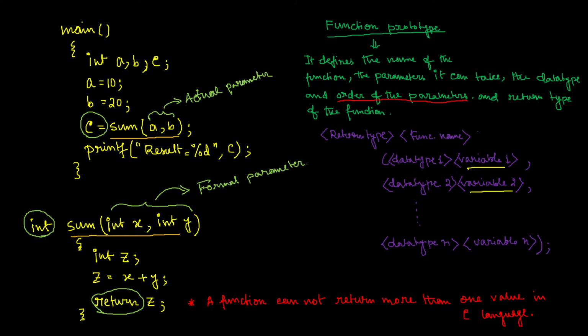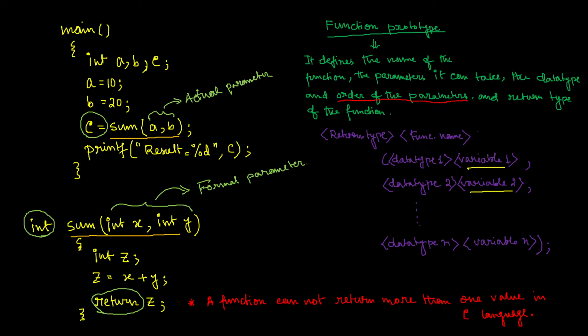Now, last day when we started discussing functions, we considered that we have a main function, and from the main function a sum function is called. Now the question is, is it always necessary that every time a function will be called from main only? Actually, the situation is not so straightforward. You can have any number of function calls from any other function in the program.